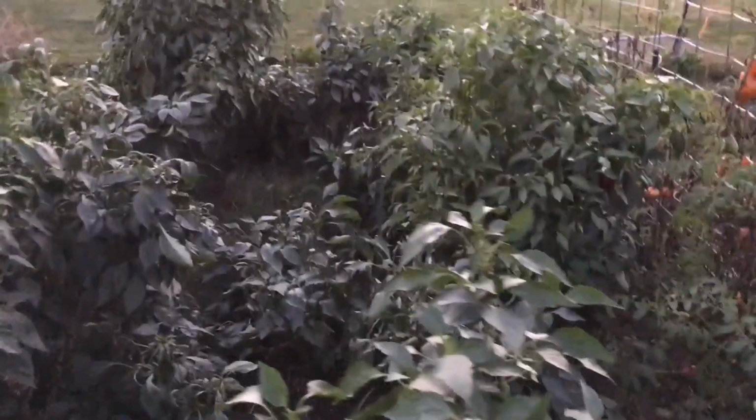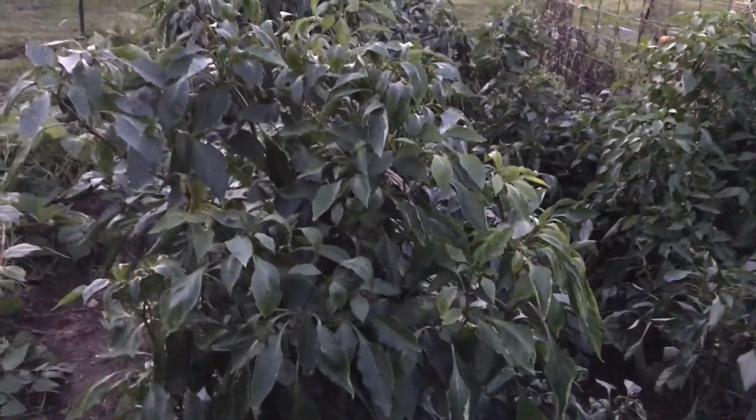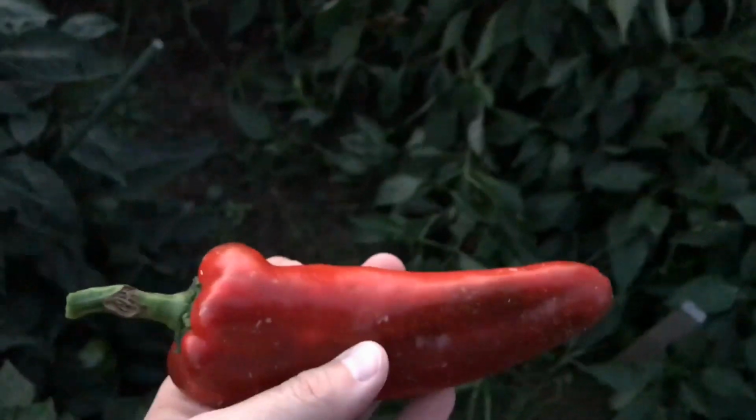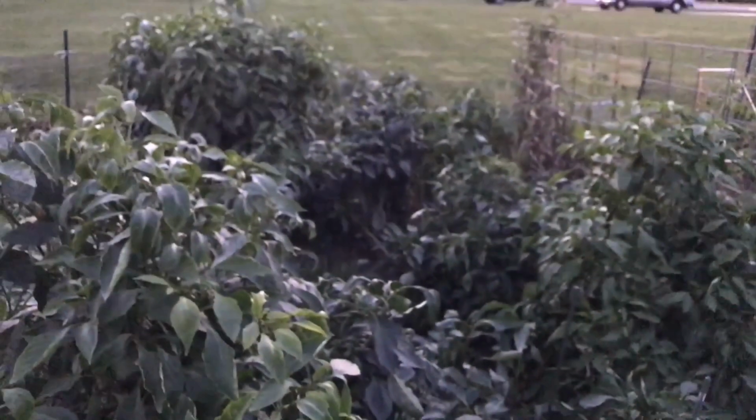Here's the sweet peppers, again, just like small bushes and trees. A lot of these are approaching 4 foot tall. Another set of blossoms. If there was time, we could overwinter these, and we'd have another batch of Marconis, or not Marconis, these are Corno di Toro. We've got some red Marconis in here, but